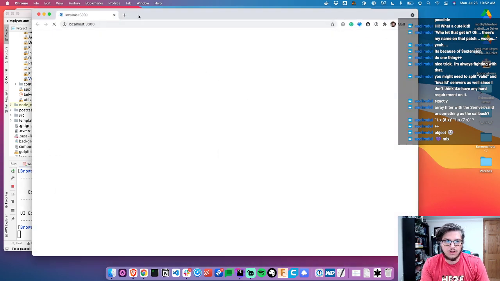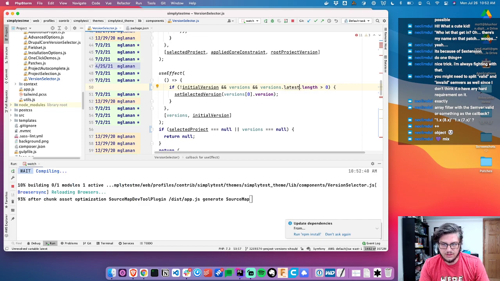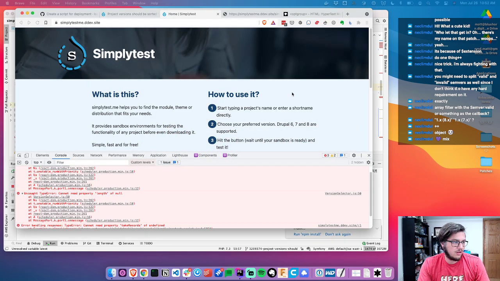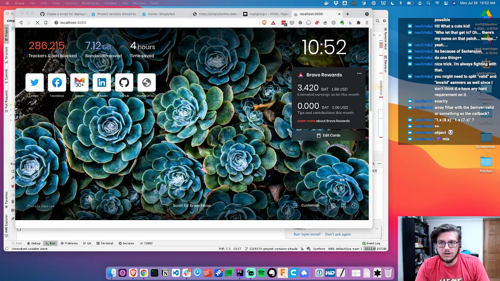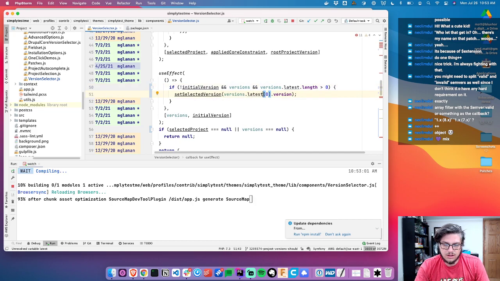Oh, it's launching browser sync after all. All right. Latest dot length. localhost 3000. So if there's no initial version, and we have versions, and versions.latest has a length, we will pick the first one,